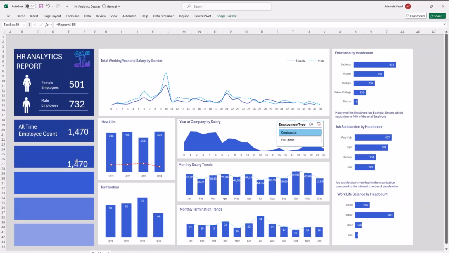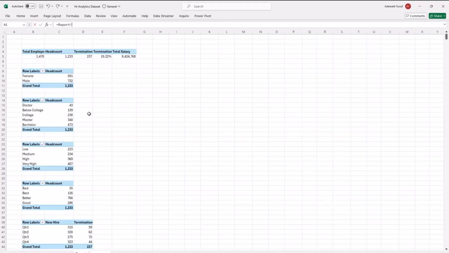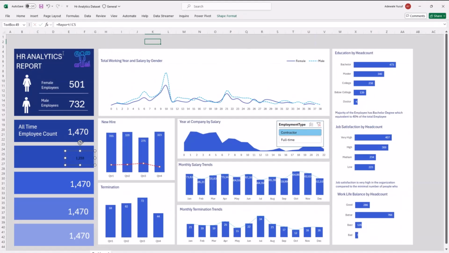So I'm going to duplicate this guy. This one will be my head count. Just come here, select your head count, then your head count will be here.